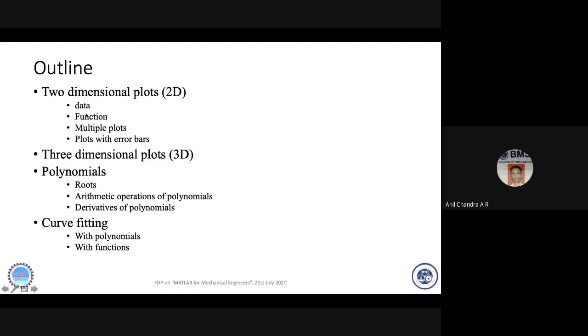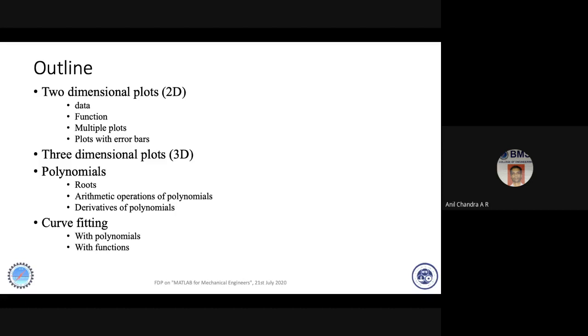You can program with me to understand how to do 2D plotting, and very important when you plot is error bars. You know why error bars are significant. Any statistical data needs to be presented with error bars, and then a flash of information on how 3D plots are done.